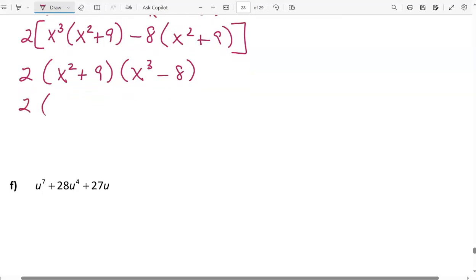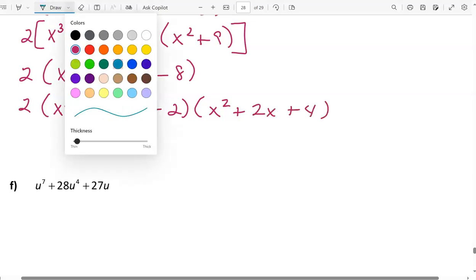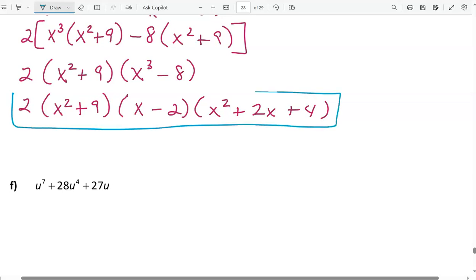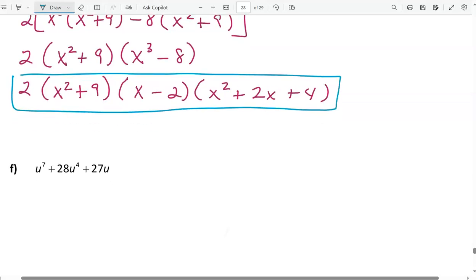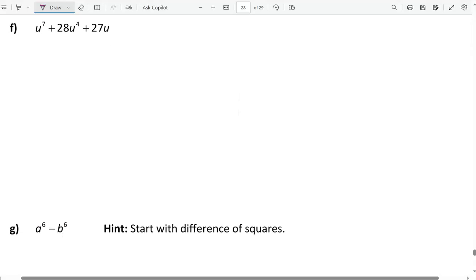2, the GCF, cannot be factored again. X squared plus 9 is the sum of squares, cannot be factored again. X cubed minus 8 is the difference of cubes, which will factor to x minus 2 times x squared plus 2x plus 4. And now we are done. We have all the prime factors. In F, we have a trinomial. The exponents are descending, 7 to 4 to 1, but there is a GCF, so I'll